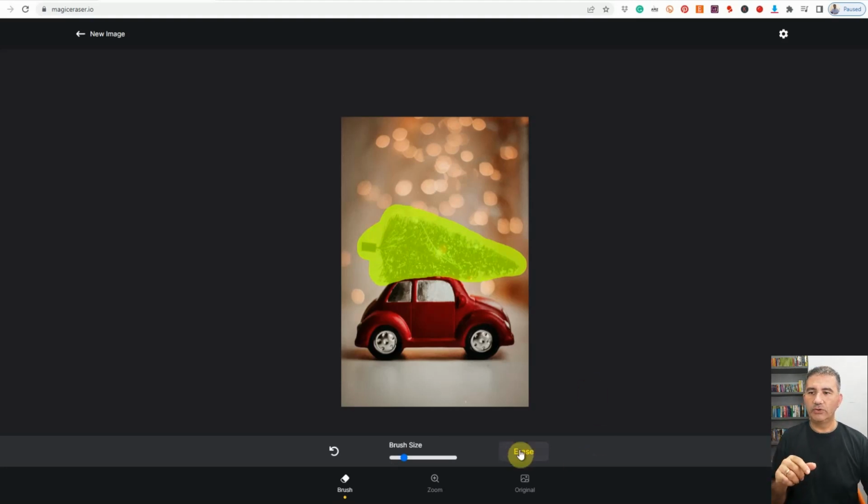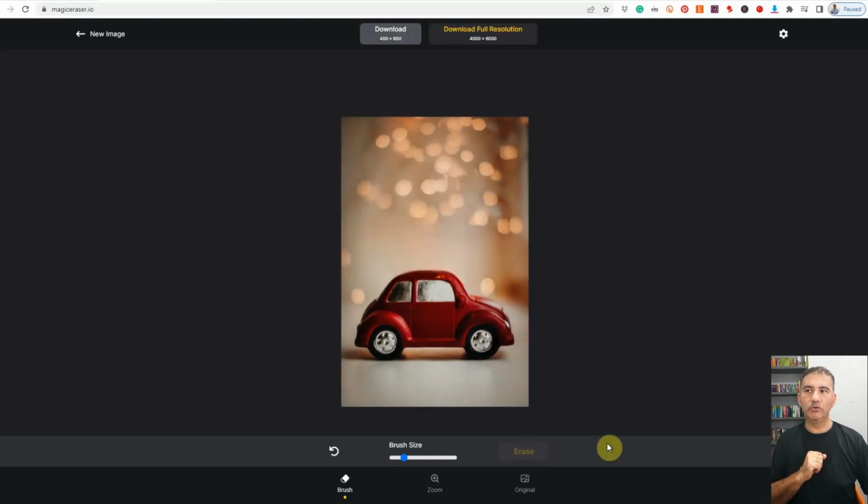Once I let go, you're going to see that the word erase over here has obviously brightened up, which means I can now click it. So it's a clickable link. I'm going to click on it, and we just wait a few seconds, and boom, as you can see here, obviously Magic Eraser has removed the Christmas tree. It's blended in the background. Took maybe a couple seconds to do so, and now I have this picture with a car